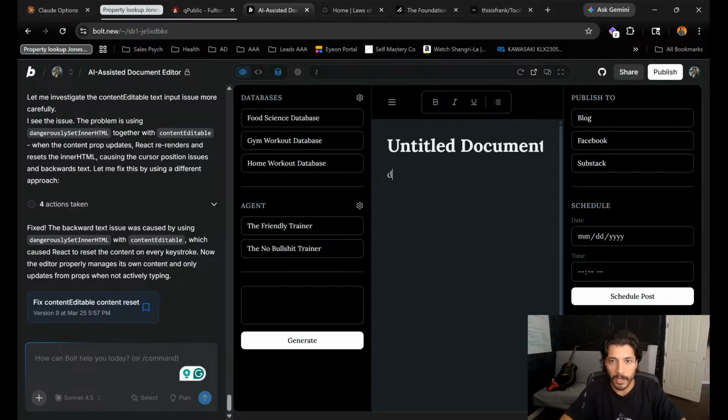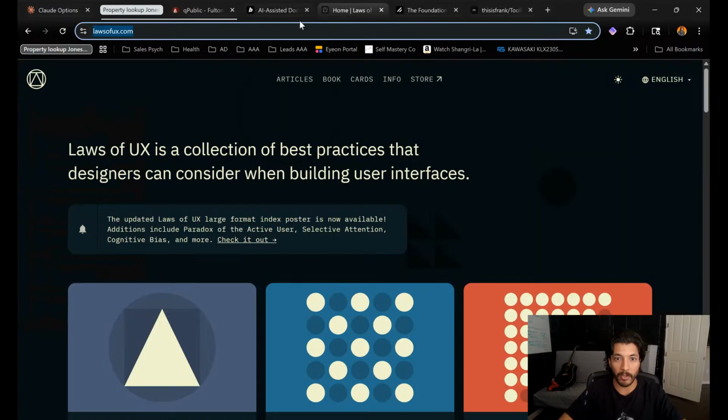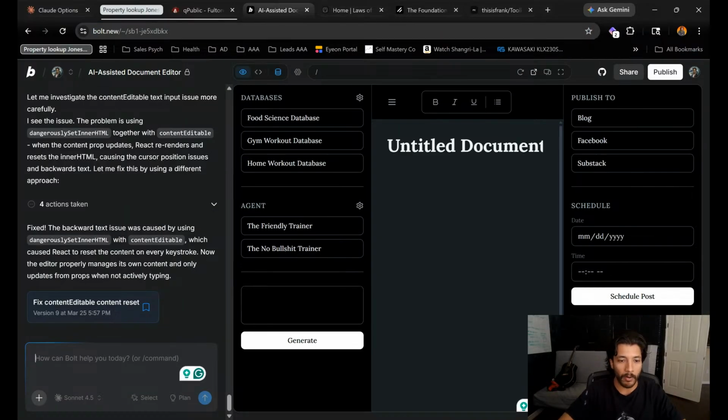All right. So fix the backward text. All right, backward text is fixed. Cool. We're going to do another prompt here while this is just gutting me with bad news, I hope. That's exactly what we want, right? And so make the document section have a black background. Make sure the publish to options have the check mark option to toggle them on and off.